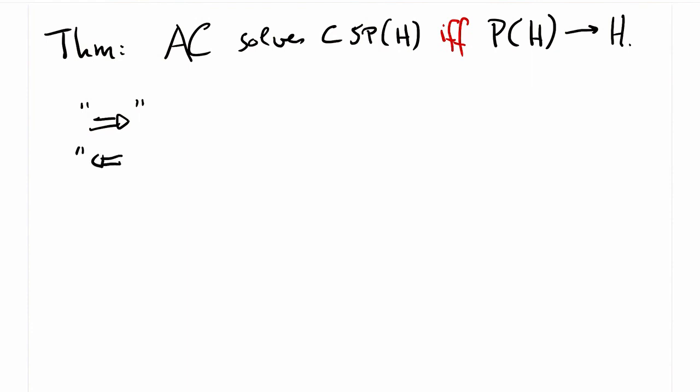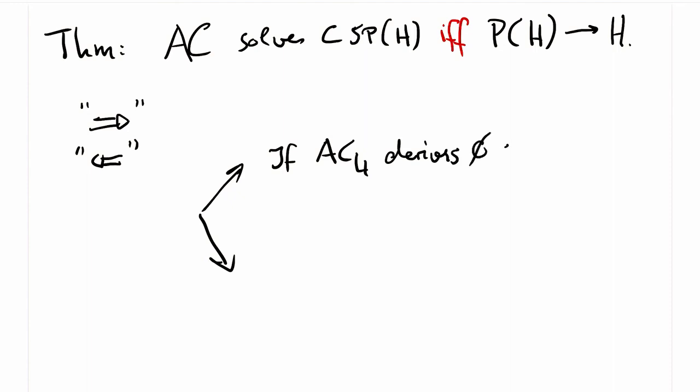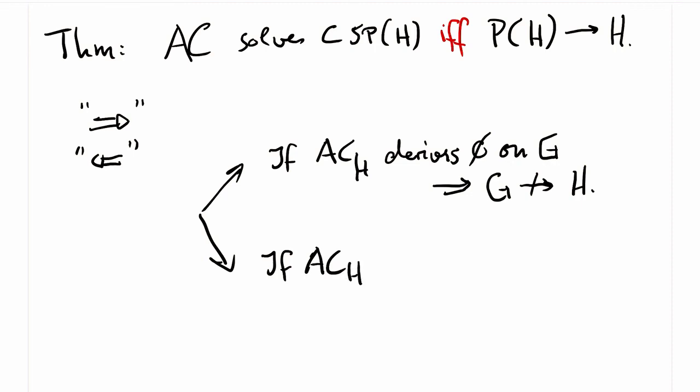Now let's look at the other direction. We assume P of H homomorphically maps to H. Now we have to look at two cases. Now we want to prove arc consistency solves CSP of H. If we have a graph G, if arc consistency for H derives the empty list on G, then we certainly know, and this is always true, G does not homomorphically map to H. On the other hand, if the arc consistency procedure does not derive the empty list,